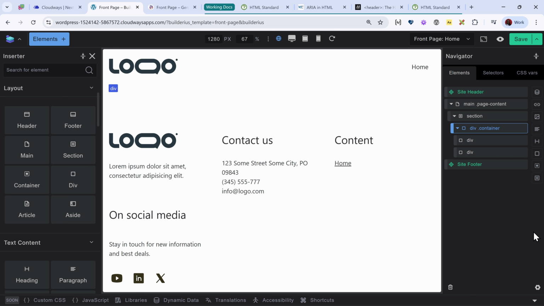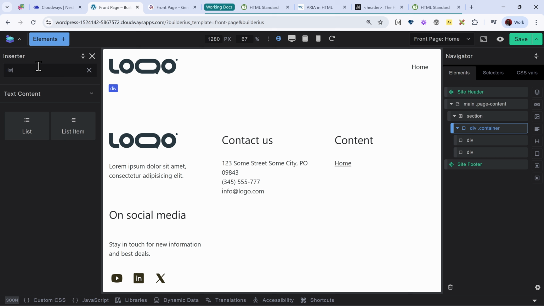Now, if you want to add an element into that favorites panel, all you do is go over to your inserter on the left-hand side of your screen. Let's say I'm looking for a list element. All I have to do is hover over the list element. Then I'll see a star icon that appears on the element, and I can click on that star and it makes it a favorite.